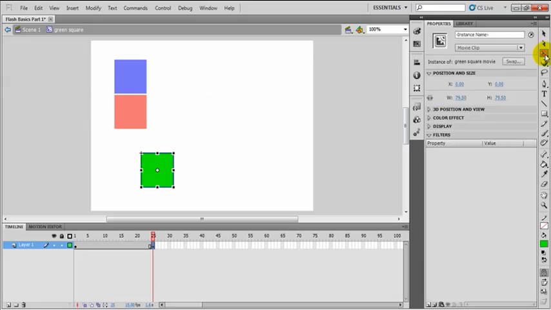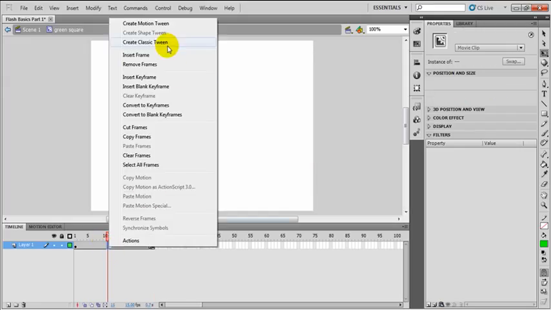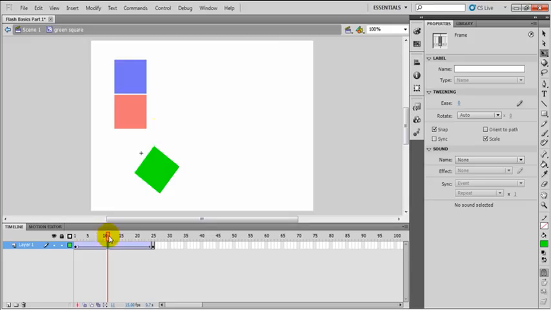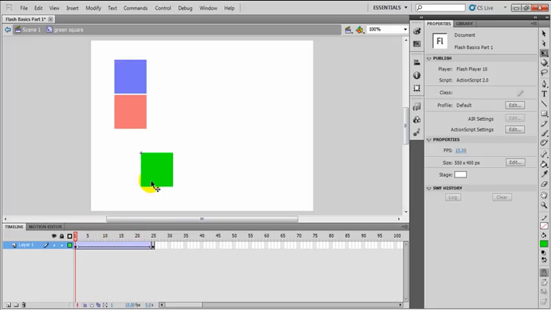And I'm going to take my Rotate tool, and I'm going to rotate this 90 degrees. So I'm just going to pull it around until it's 90 degrees rotated. Now if I right click and go to Create Classic Tween, this thing will rotate for 25 squares. Okay? Now this thing will continue to look like it's rotating because it's going to keep moving and